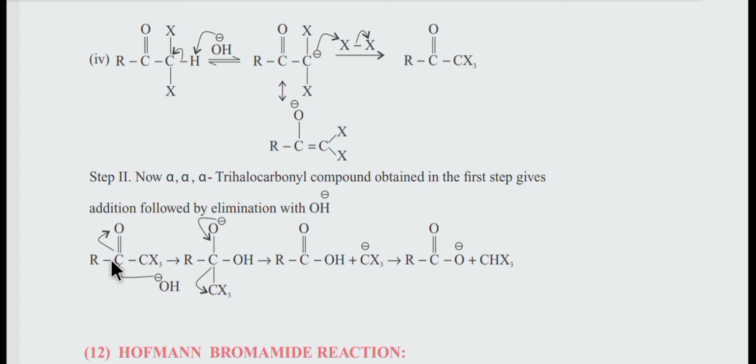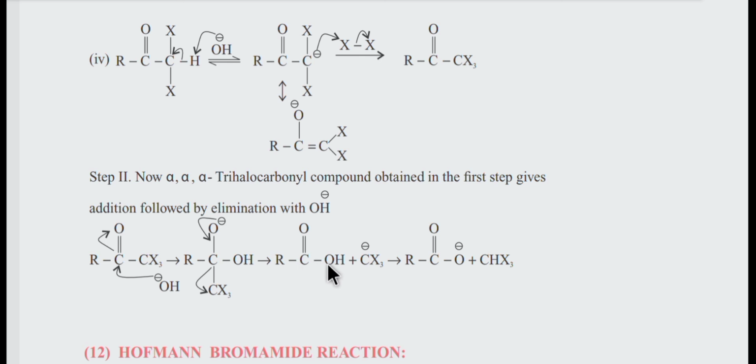So the nucleophile will attack on this center. When groups attack on something other than hydrogen, except the proton, except a deprotonation process, they will be called nucleophile. So here it will actually be a nucleophile, and it will attack on this carbonyl carbon and produce this compound. So OH is negative. Here the double bond between carbon and oxygen will shift towards oxygen, and oxygen will get a negative charge. This OH will be bonded to this carbon, but this negative charge can also attack back and produce the double bond. So CX3 will be generated, it will escape.